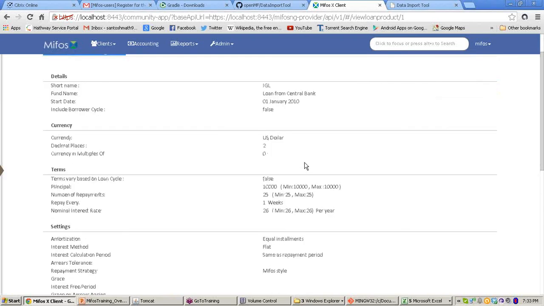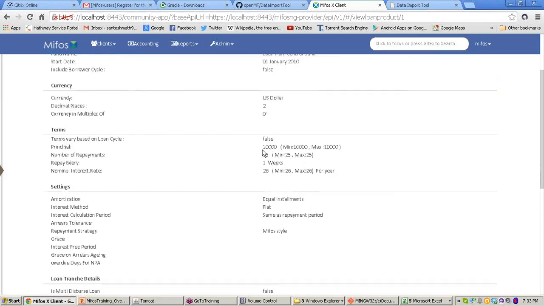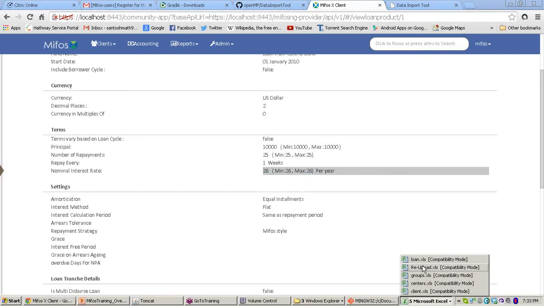This is the income generating loan we have defined in the front end of MifosX. Here the principal amount is 10,000 and the number of repayments is 25. All this information will be automatically updated in the Excel sheet.